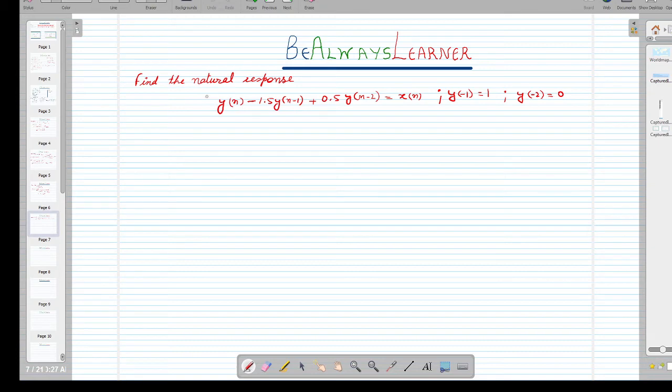तो फाइंड द नेचुरल रिस्पांस yn minus 1.5 y(n-1) plus 0.5 y(n-2) is equal to x(n). ये एक डिफरेंस इक्वेशन गिवन है जो कि सिस्टम की कैरेक्टरिस्टिक्स को डिस्क्राइब करती है और ये दो सिस्टम्स की इनिशियल कंडीशंस हैं जो कि हमें इसकी फर्दर रिक्वायरमेंट हो सकती है। तो सॉल्यूशन जो हम यहाँ प्रपोज करेंगे इसका